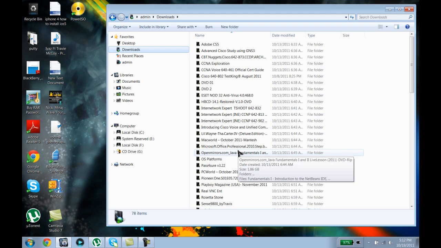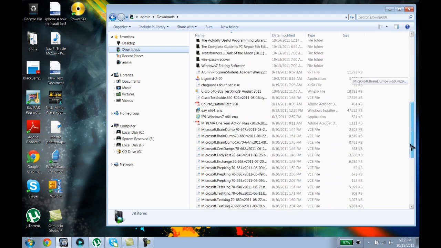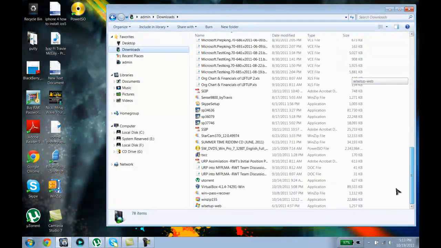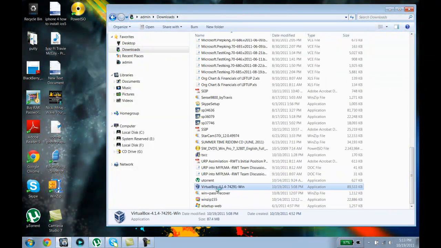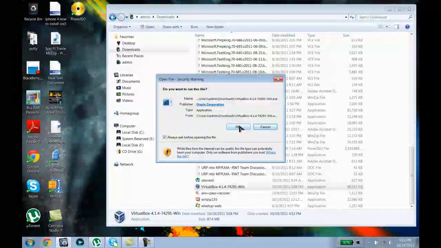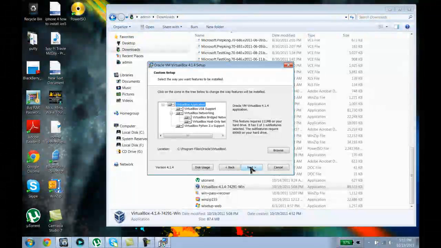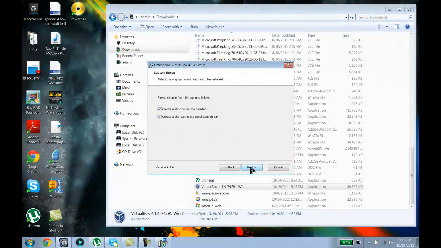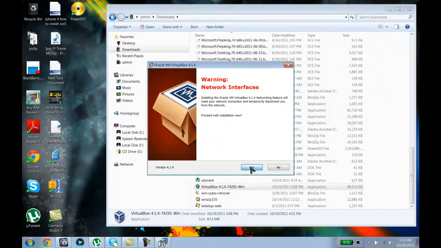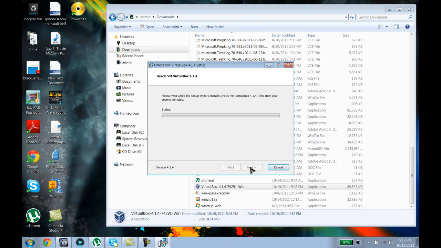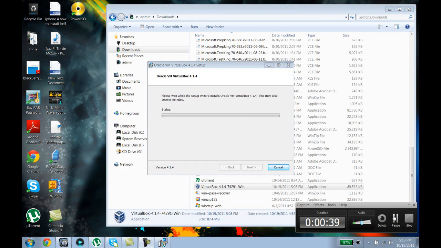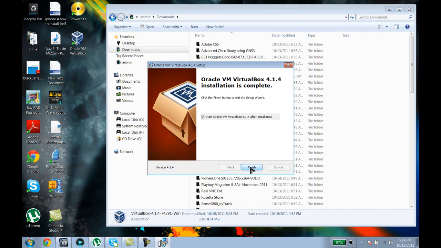After you have downloaded the VirtualBox, you then install it with its default settings. This will take a little while, so we pause. Now we're ready to start